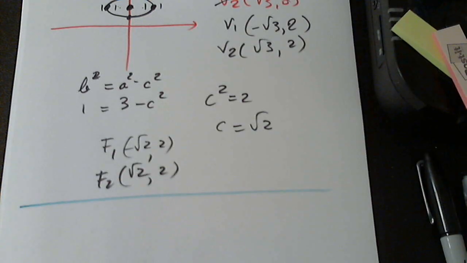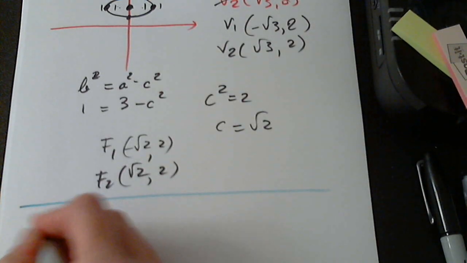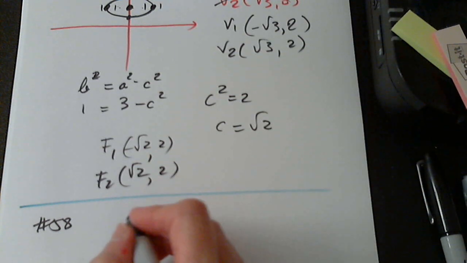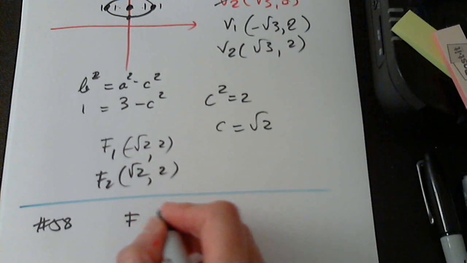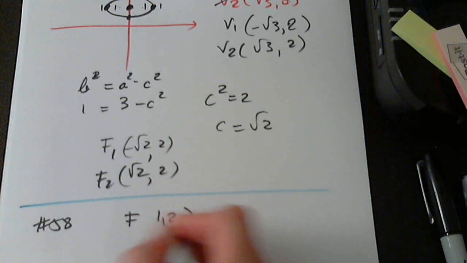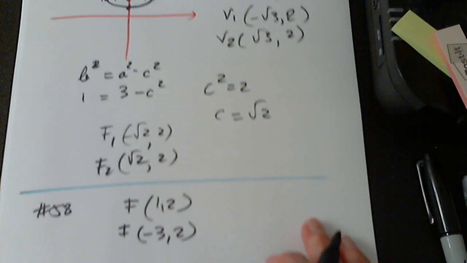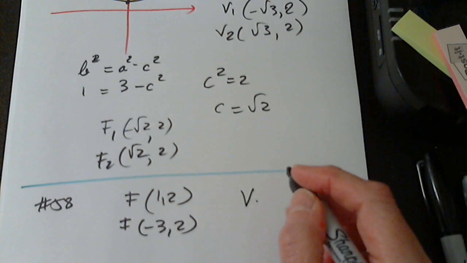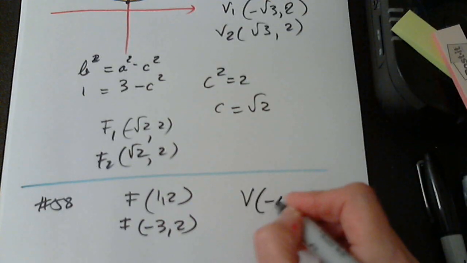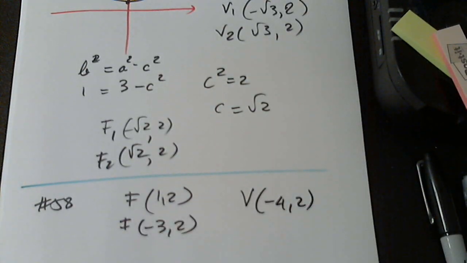Anyone? We do 58. In 58 we have foci at 1, 2 and negative 3, 2. Okay, and they are giving us one vertex at negative 4, 2. Perfect. Let me